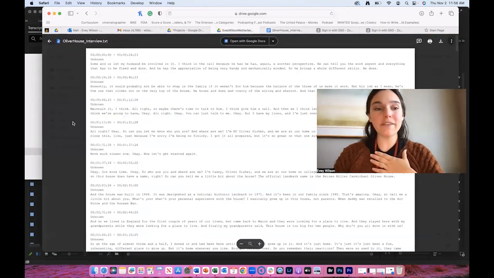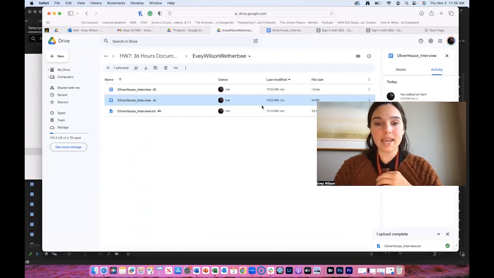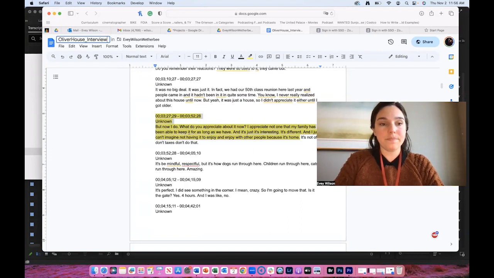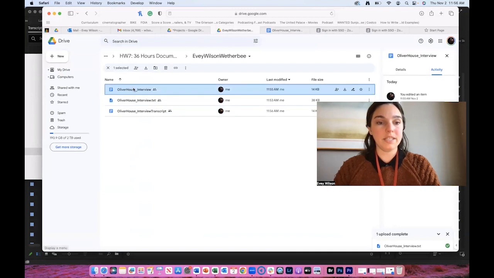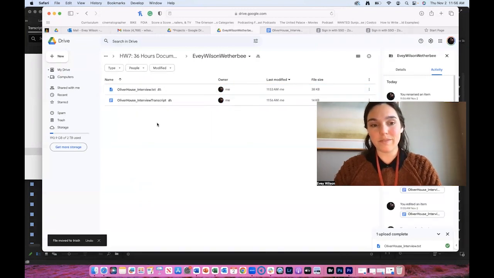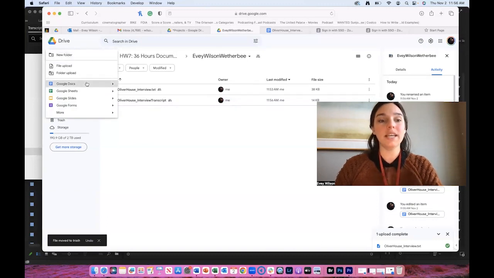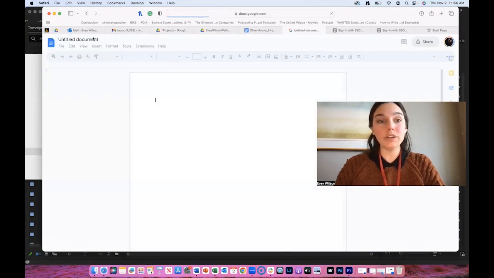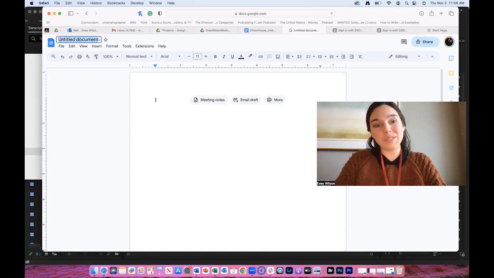Okay. So when I go back to my folder, let me rename this one. I'm going to delete, I accidentally made two. So I'm going to move one of them. So I have my transcript. Now I'm going to create a new document in here, create and share. And it's going to be called Oliver House Selects. Or Oliver House